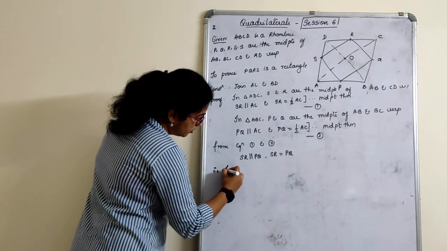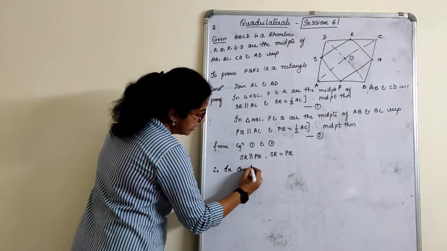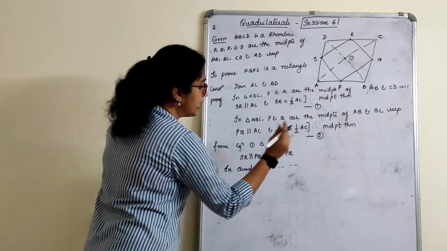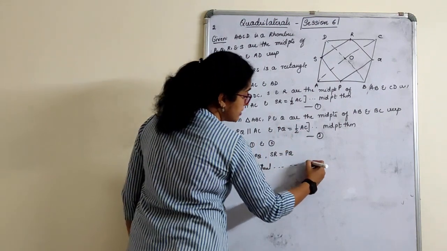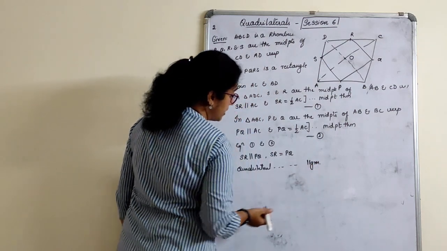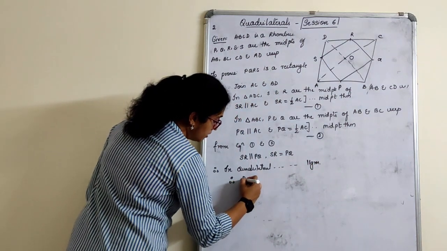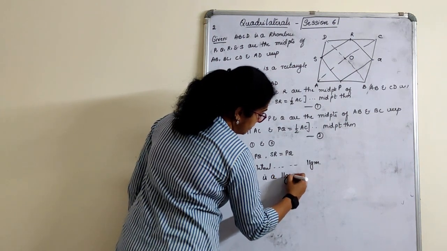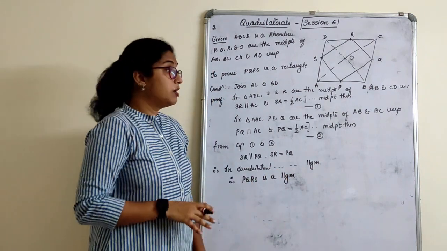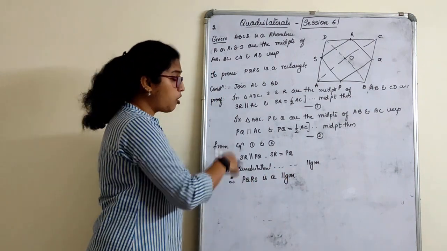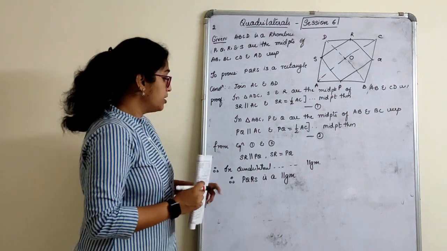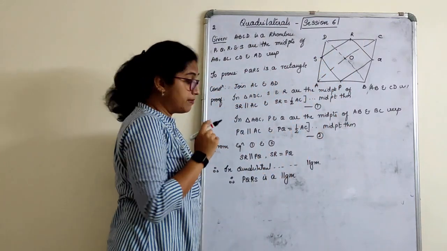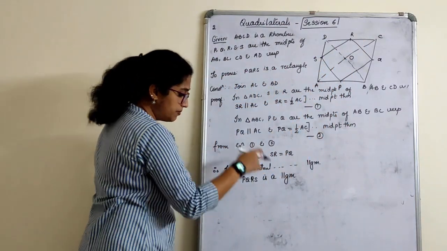Therefore, statement, we know that in a quadrilateral, if a pair of sides is equal and parallel, then it is a parallelogram. Must and should, that statement has to be written. Therefore, PQRS is a parallelogram. Now, till here it is very clear. Almost in all the sums, children, this is the common thing what we do. So, we proved that PQRS is a parallelogram, right?